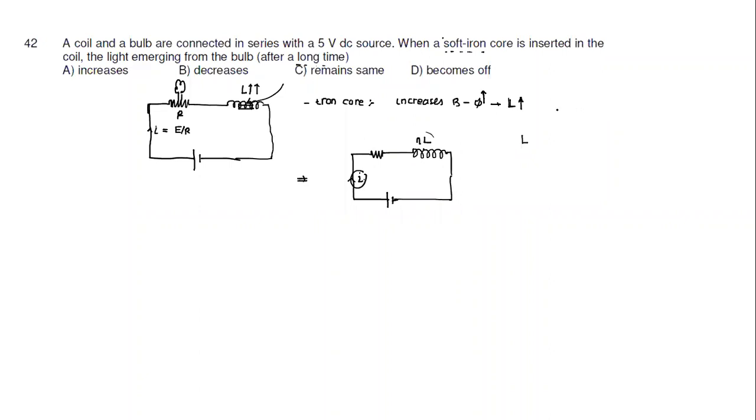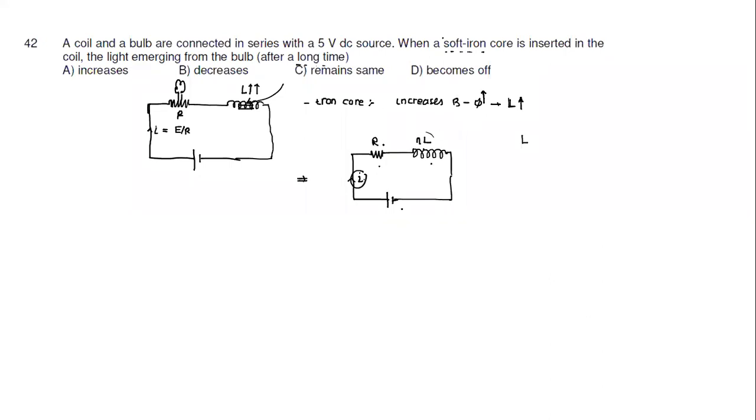So how can we say the current won't change, sir? No, see, in any circuit after a long time, if a circuit has a battery, has resistance, has an inductor, in steady state, does the current depend on the inductor? What is the effect of an inductor in a circuit? Does it have no effect at all, or does it have some effect? Steady current does not change, but what will happen? It will take more time to reach that steady state. It takes time for the current to reach maximum. That's the only effect of the inductor.